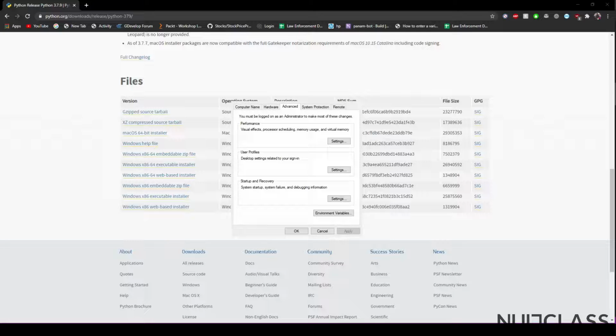You can see this is the system properties window, which contains settings options for performance, for user profiles, and for startup and recovery. But what we are going to select is this environment variables option. We click on it and it redirects us to the environment variables window, that is this.